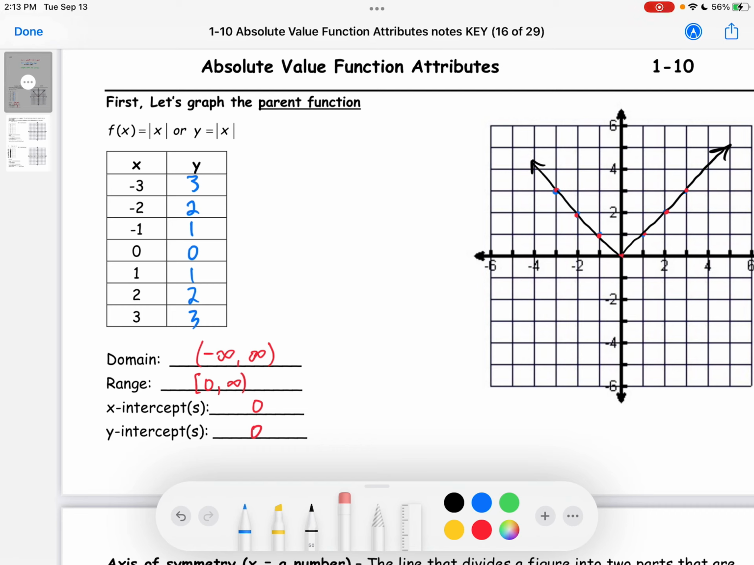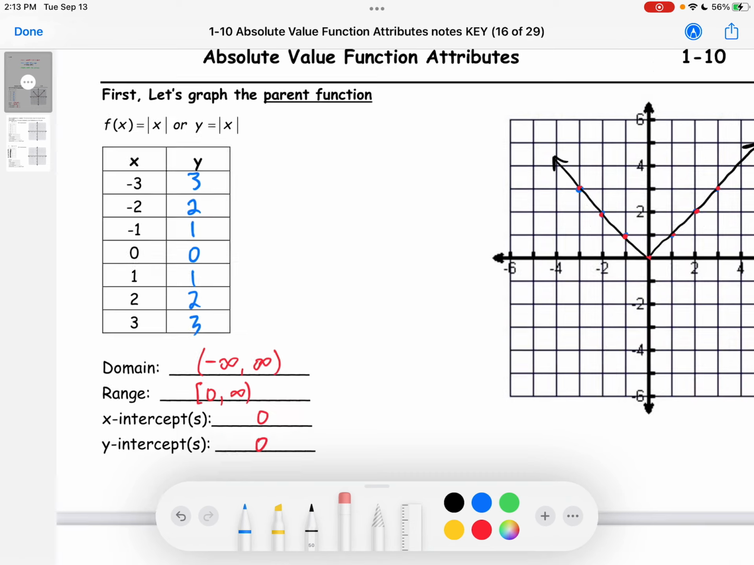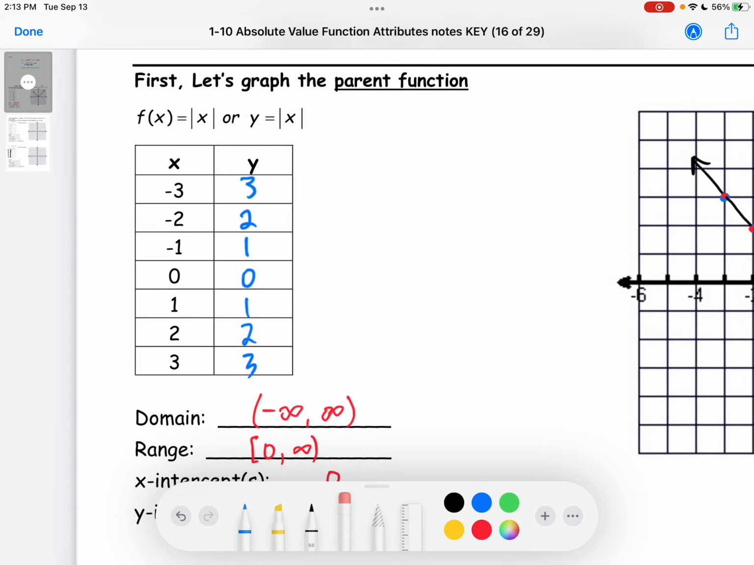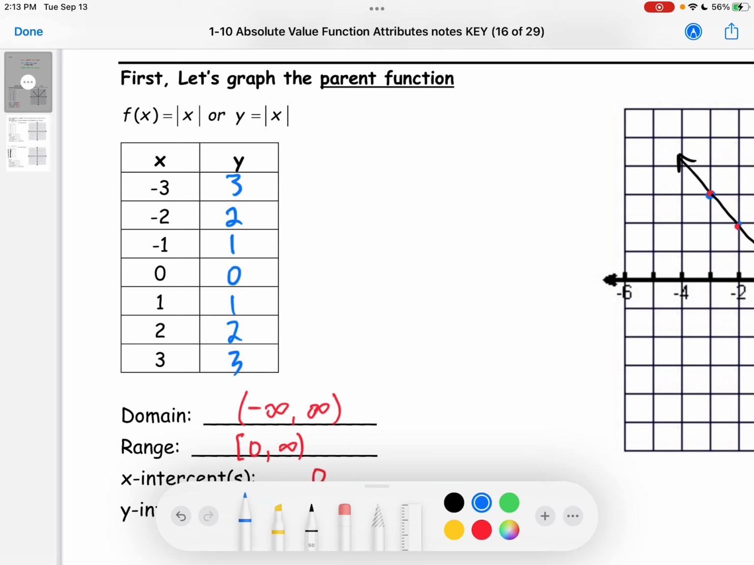There's nothing else added or subtracted. There's no coefficients. There's no negative signs anywhere. It's just absolute value of x, and that's all. Okay, so I got this list of y values exactly the same way I did in the previous lesson. Okay, what I did was I just take that x value and I substitute it in to this function right